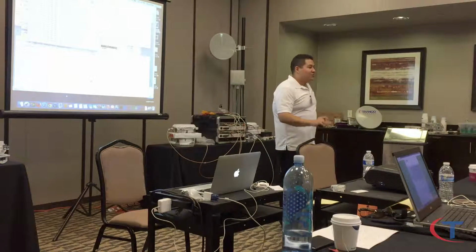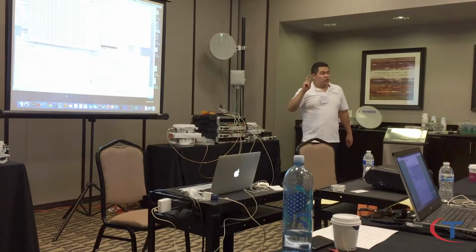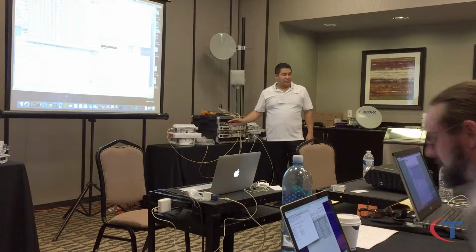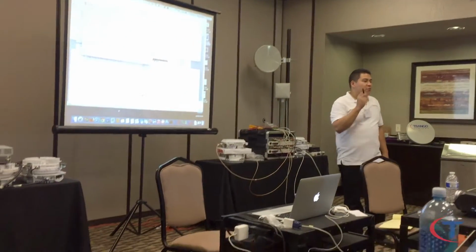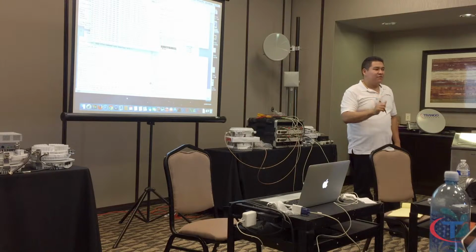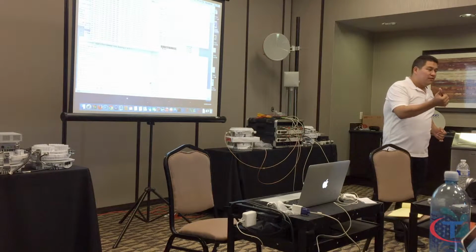So now we're going to talk about the actual reset feature of the radio. On the radio itself, there's two buttons: the reboot, which is a soft reboot, and the reset button. The reset button has two modes. If you press and hold for more than 2, but less than 6 seconds, yes, 4 seconds, it will factory reset your IP,